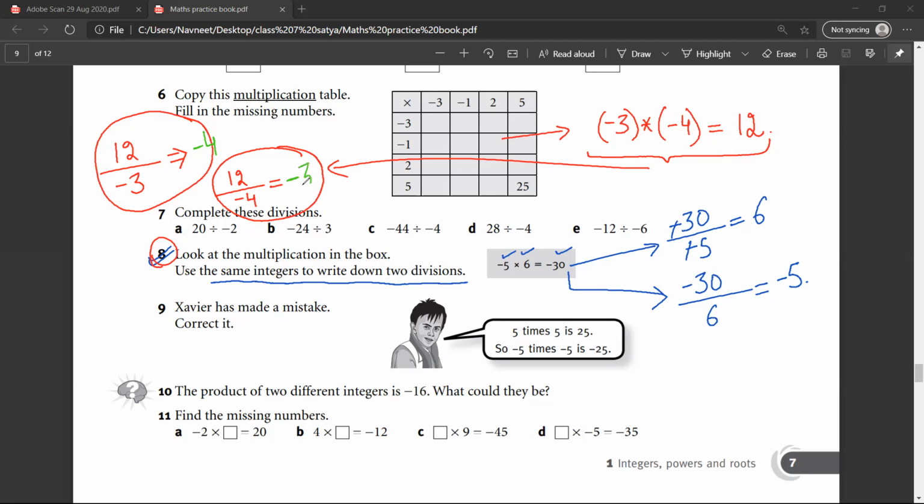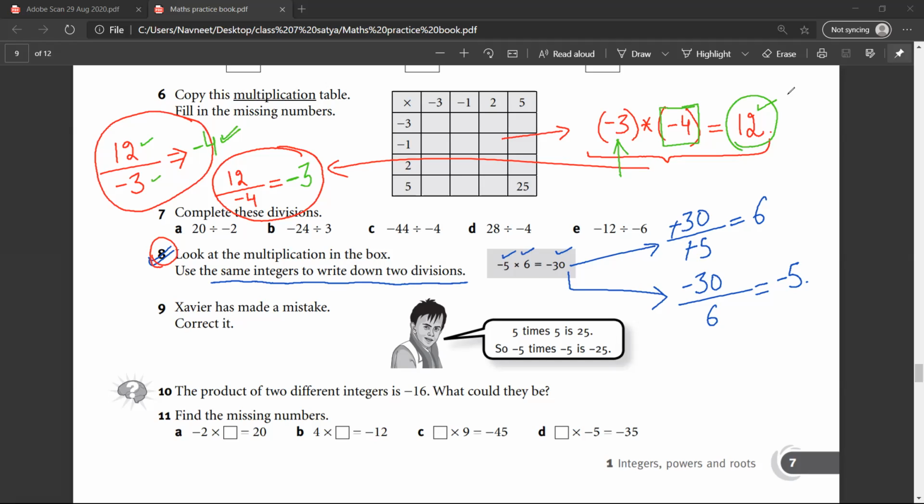Minus 3. Now, this is what they are trying to tell you, that if minus into minus is equal to plus, when you divide this number by this number, 12 divided by minus 3, the answer you should get should be minus 4. And that is what you have got here. Yes.